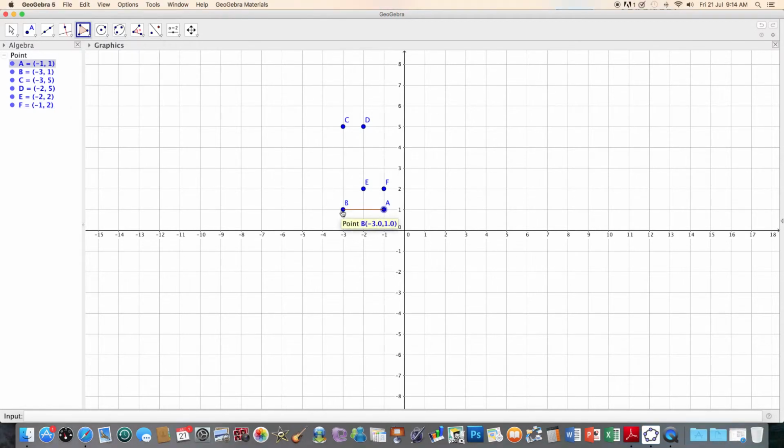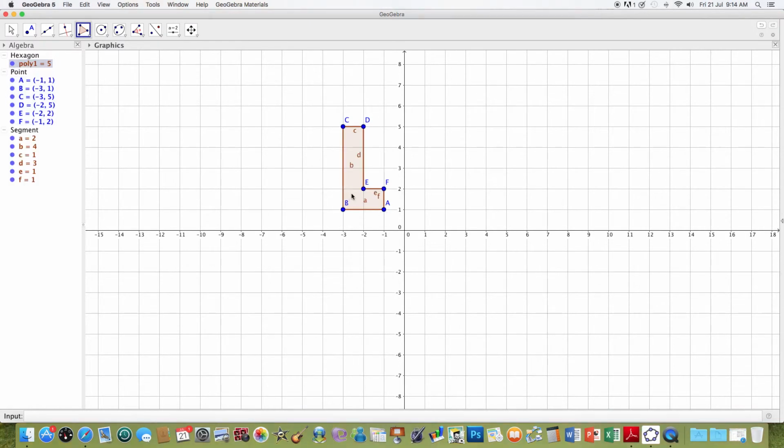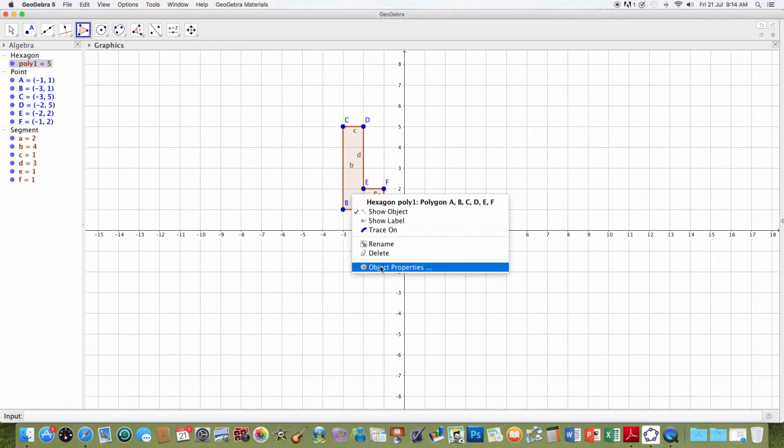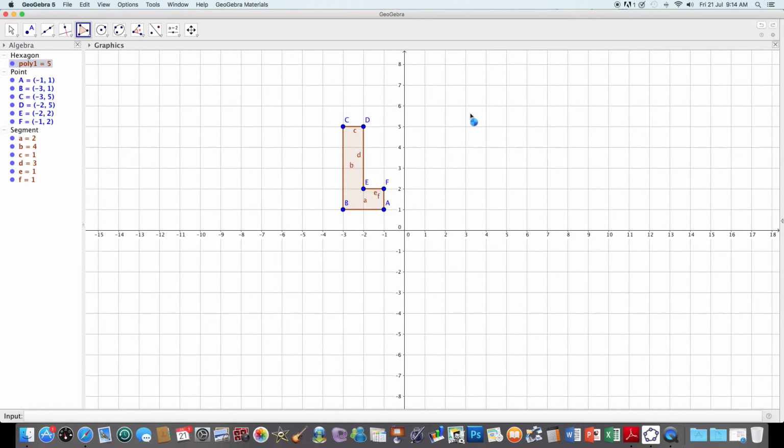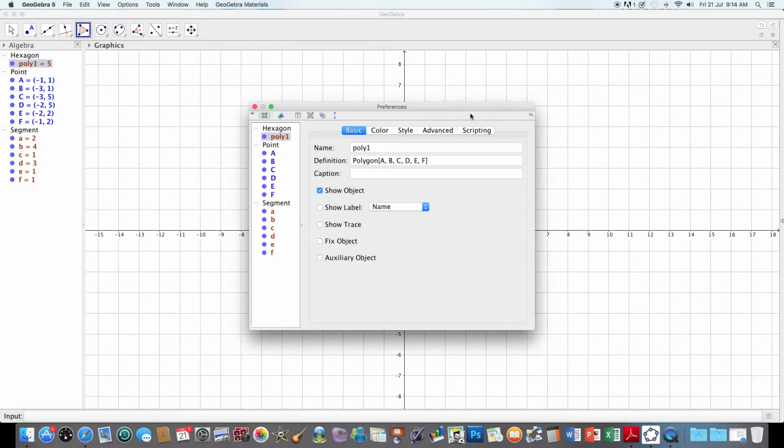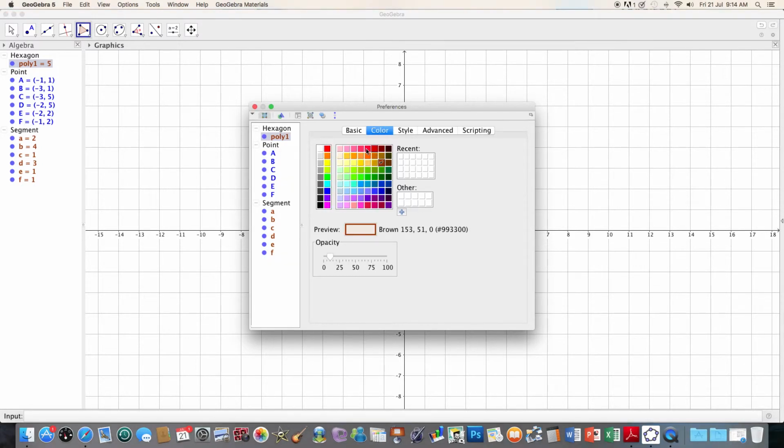So I click on the polygon, I connect the dots. That will make the polygon for me. I'm going to change the color of this by right clicking and going to object properties, and again I'm going to make this a bright orange color. I'm going to have 100%